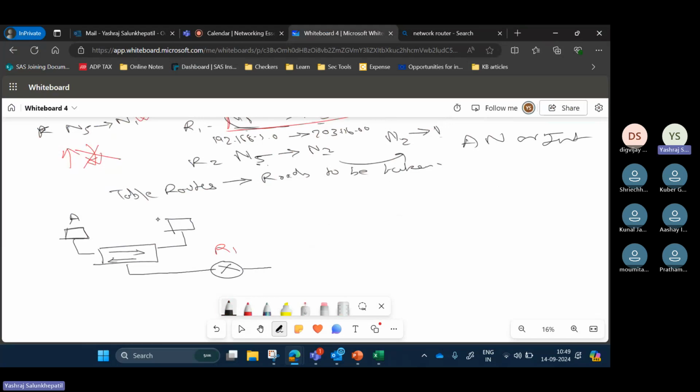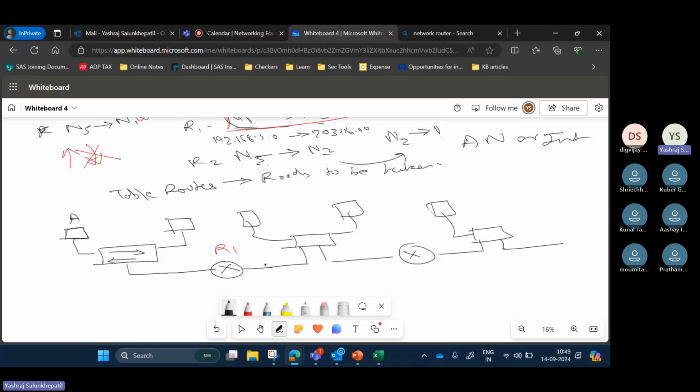Okay, then I have another switch, I have another router, another switch. Okay, again this has one PC, this has two, this has PC, this has PCB.